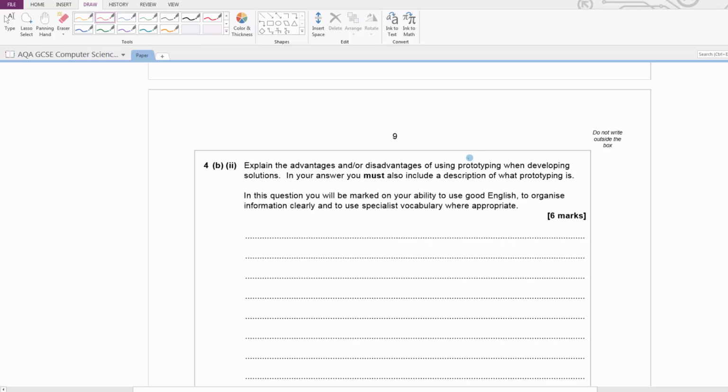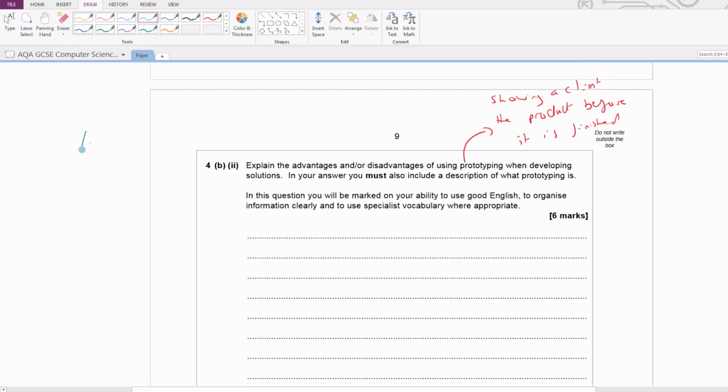So first of all, let's just say what prototyping is. I'll write this up in a minute. Prototyping is really creating or giving a client an opportunity to see a project before it's actually completed. Okay, so showing a client the product before it's finished. Apologies for the awful handwriting. I mean, we're talking about this in terms of programming projects, but prototyping applies with just development of anything really. So just to do the advantages,